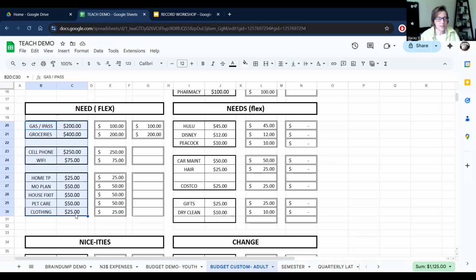Your groceries, that can be something where you say, I don't need $400 for groceries. Or yeah, I need $400 for groceries. Actually, I need $1,400 for groceries because I'm feeding Shaquille O'Neal for dinner. Whatever. Your cell phone, that may be $25.